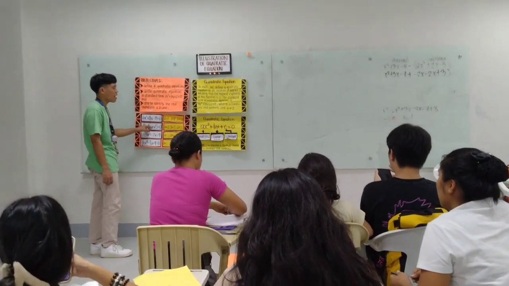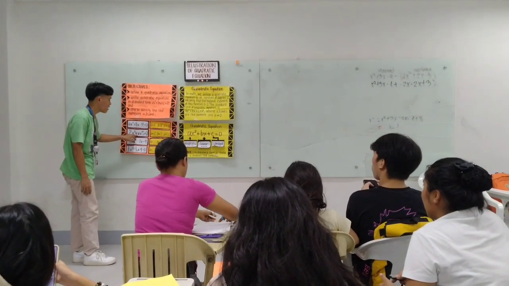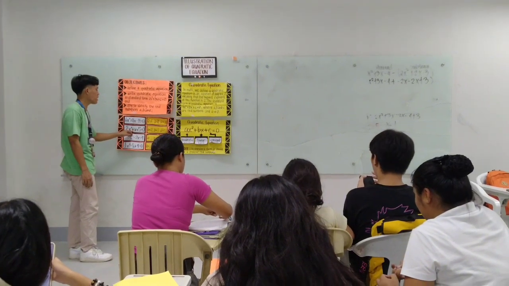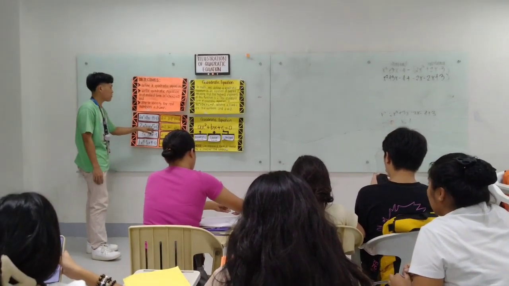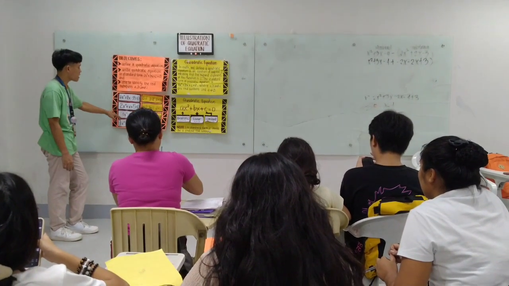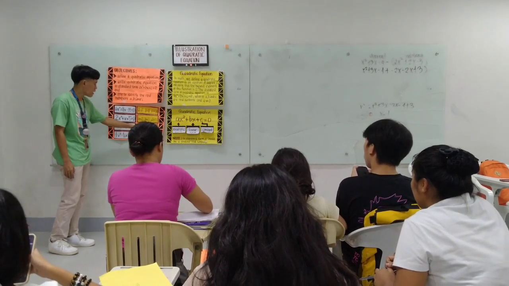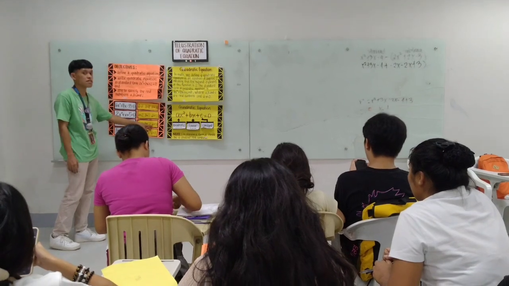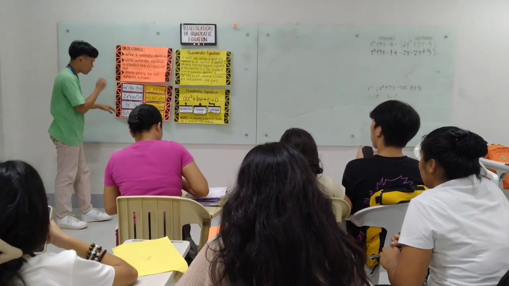Since there is no number written, it is an imaginary 1, so it will be considered as 1. So our C is 5. So the next is 3x squared minus 2x is equal to 4. So our A here is 3, and our B is negative 2, very good. And our letter C is negative 4. So here it will be different.